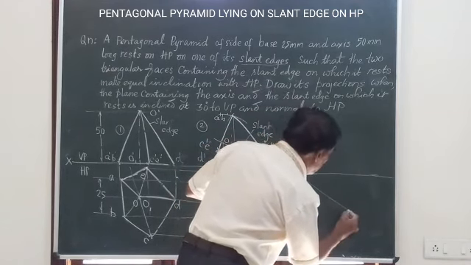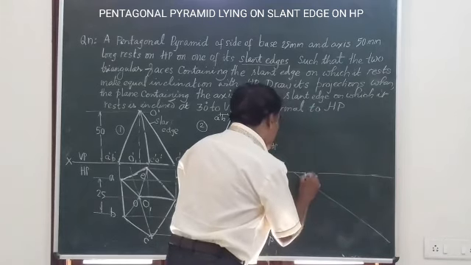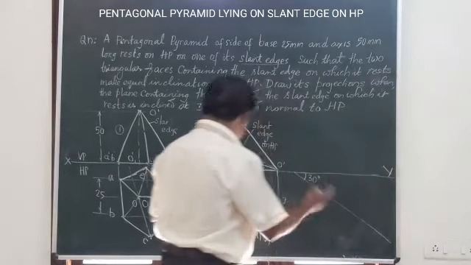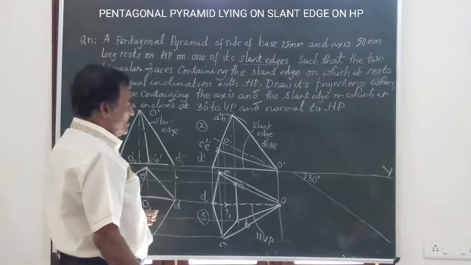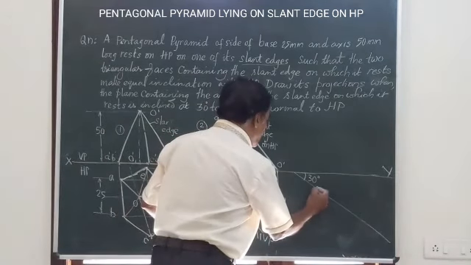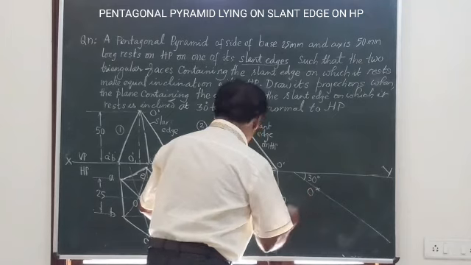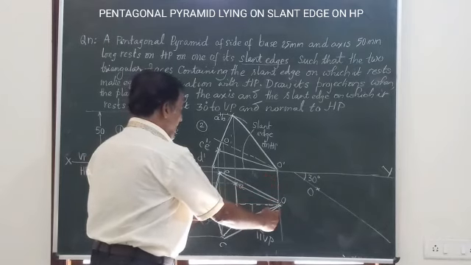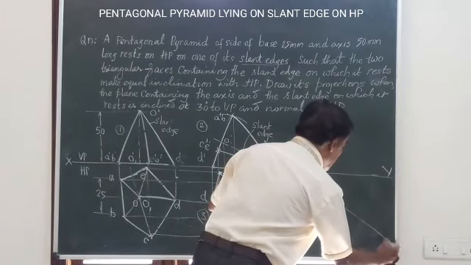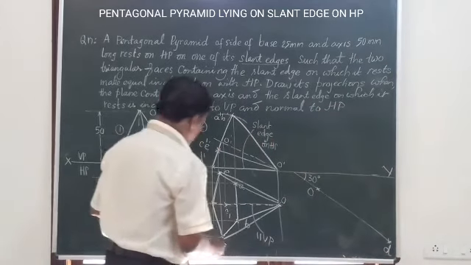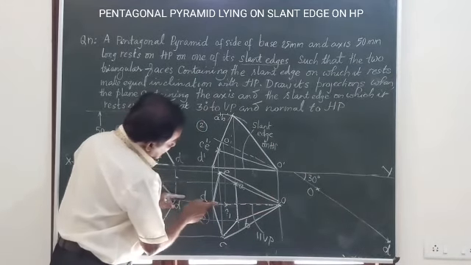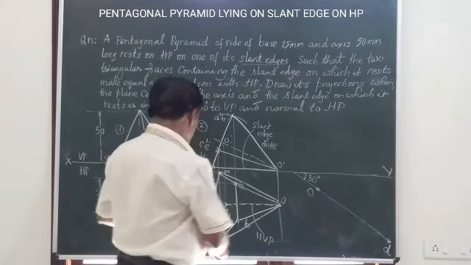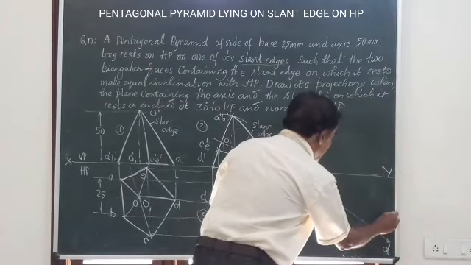So mark a line at an angle of 30 degrees to XY, and on this line you have to construct this figure. The procedure is same as before. Mark O, the vertex of the solid, and on that mark this OD. OD is the true length. Same value, I will mark D here, the last point D. From there, from D, move on that line over this distance and get E, and this point is C. So E and C I will get here.